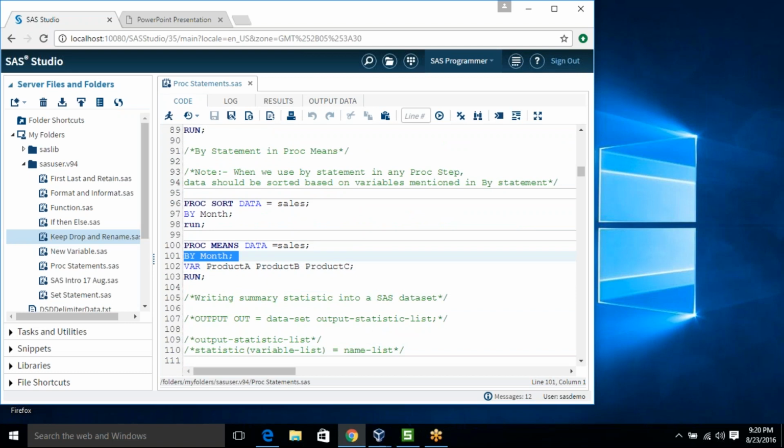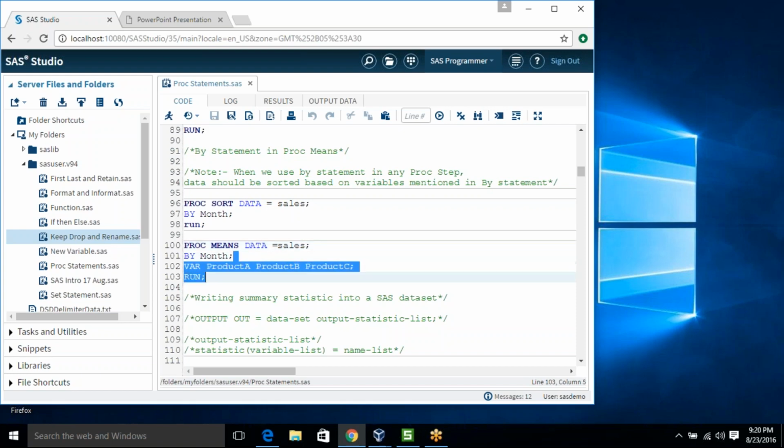Here I am doing analysis at the month level. The variables are the same, product A, product B and product C. Here I am not using any options, so it will just give the default types of analysis: number of non-missing values, sum, total, average, minimum, maximum and the standard deviation.